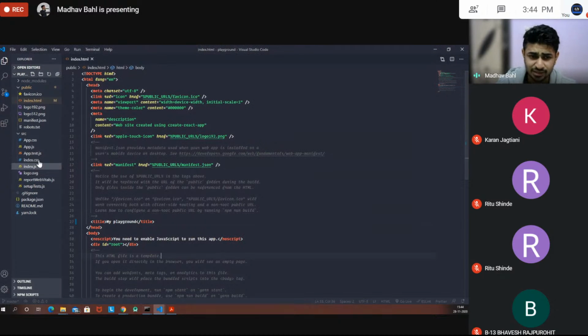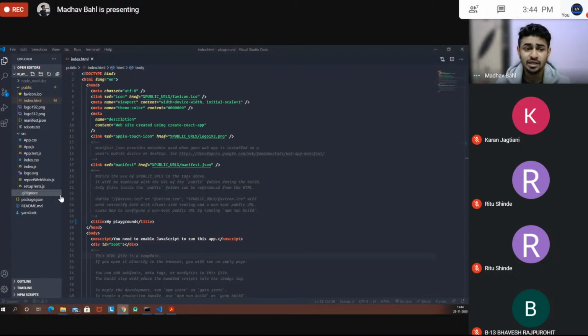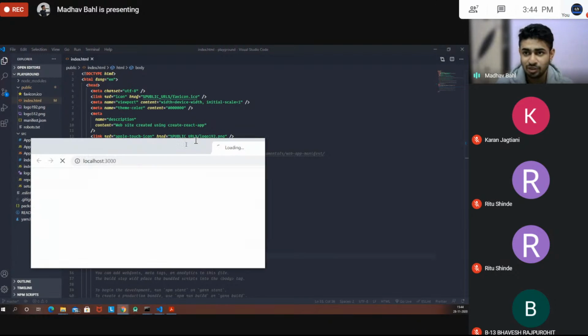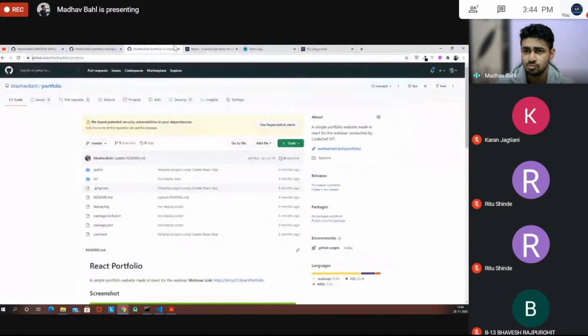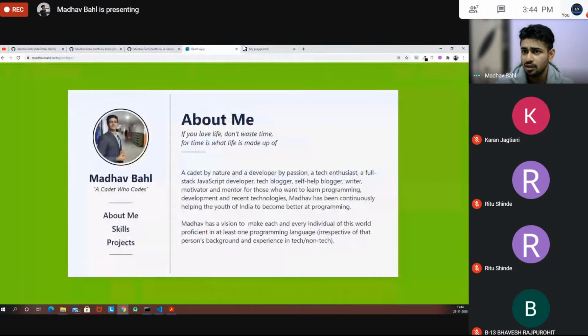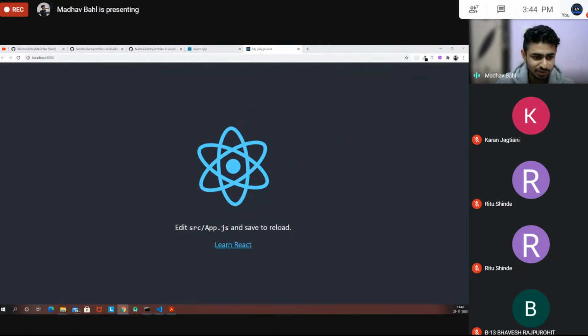So yes, this is what create React app gives you. I was talking about create React app in the beginning, right? This is what create React app gives you as boilerplate code. So yes, we can now close most of the things which we have open. Cool. So coming back to this particular thing,